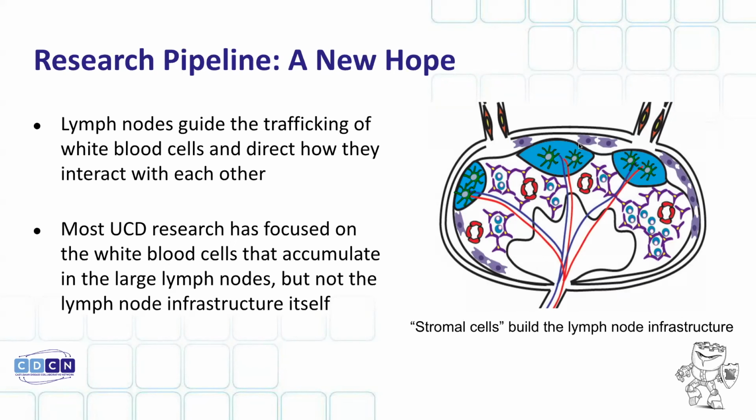So let me talk a little about what we're doing in the lab, always what I'm doing. I'm really interested in parts of the lymph node that are not the white blood cells. They're not the main effectors, not even most of what's in a lymph node. I'm talking about what's maybe about 5% of the cellularity of the lymph node or less, these structural cells of the lymph node. And I am very suspicious that they may play a role in causing the disease because they're not just structural cells. They're not just cells that make up the walls of the rooms of the lymph node. They play an immunologic role. They talk to the white blood cells, and they can help get them ramped up.